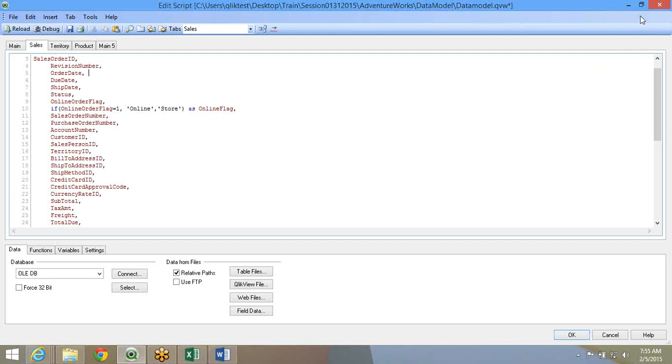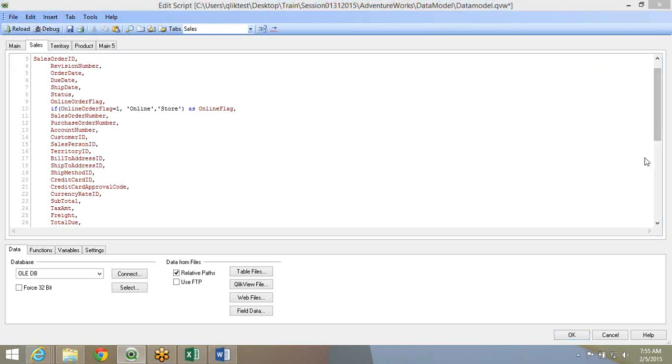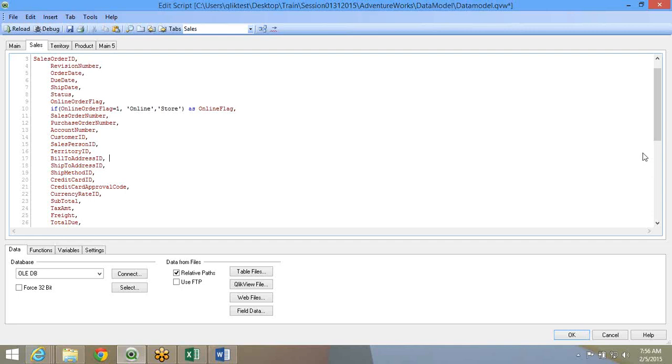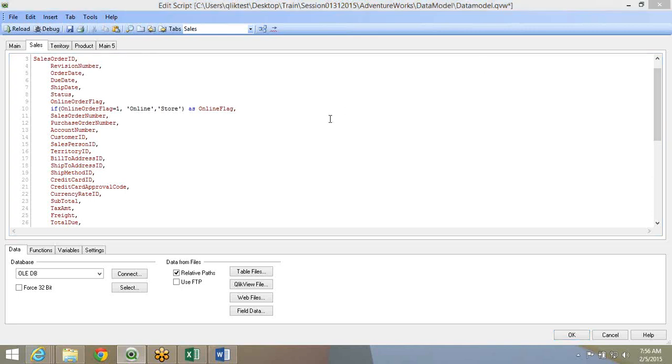1 billion records will not even take, I think it will be less than an hour. If all your transformation, all your data modeling, everything is done, and you just want to extract it from the QVDs, I think 1 billion records would not take you more than an hour. 10 billion might be a couple of hours. So you'll have to do the testing once. You can just try to load 1 billion and test it.